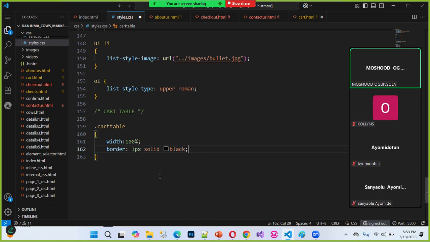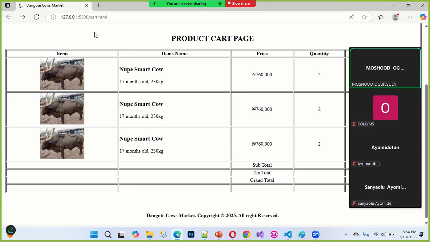But there's one thing I want you to remember here: this particular border I declare here means the border I'm creating is applied to only the table. Let me save this page and see what is happening to it. And when I refresh the cart now,